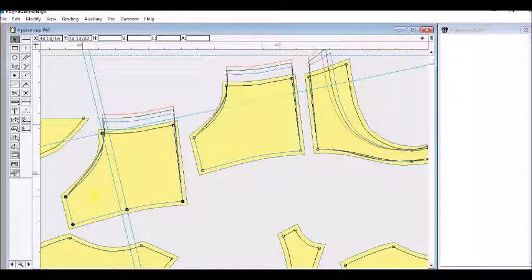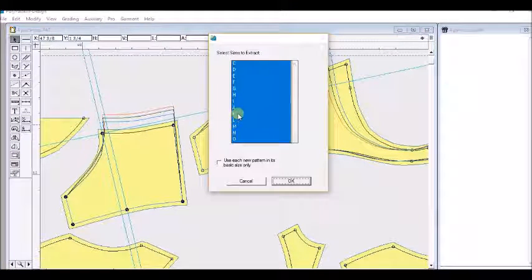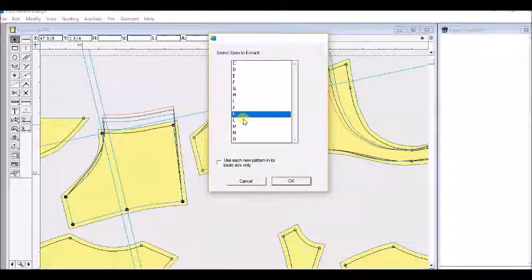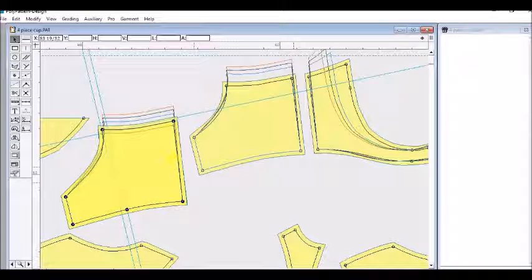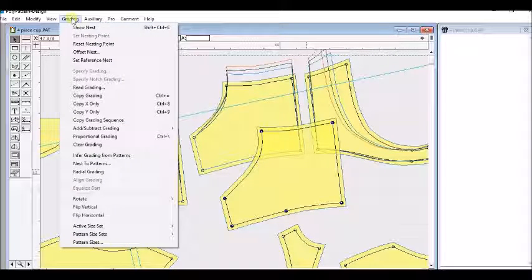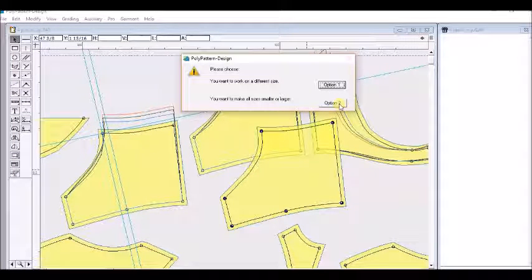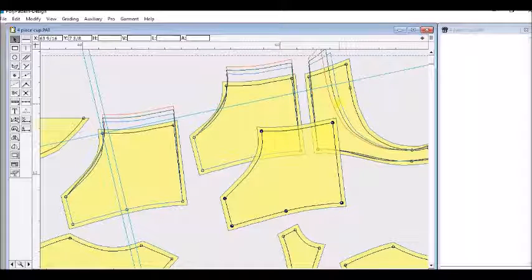So I can do the same thing here if I'm going to go up to a 42. So I'm going to go back to grading, nest to pattern, and I'm going to do the next size up again, which is the K. So now I'm going to have that here, and we're now going to go and change this pattern size set to J, option 2,